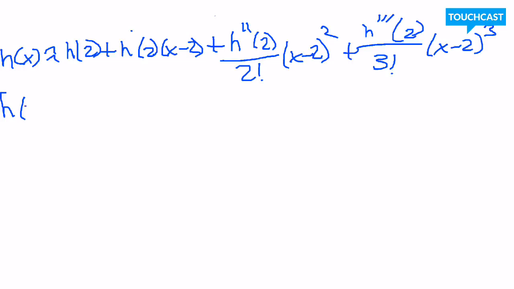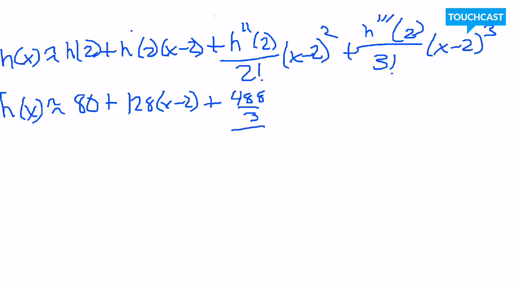So I'm going to say h of x is approximately equal to h of 2 is 80 plus h prime of 2 is 128, x minus 2, plus h double prime of 2 is 488 thirds over 2 factorial times x minus 2 squared, plus h triple prime is 448 thirds,